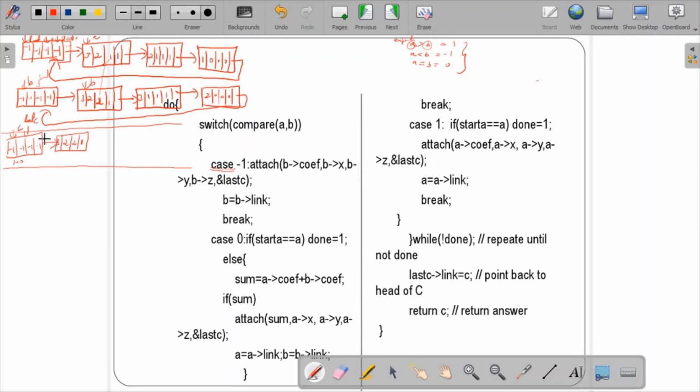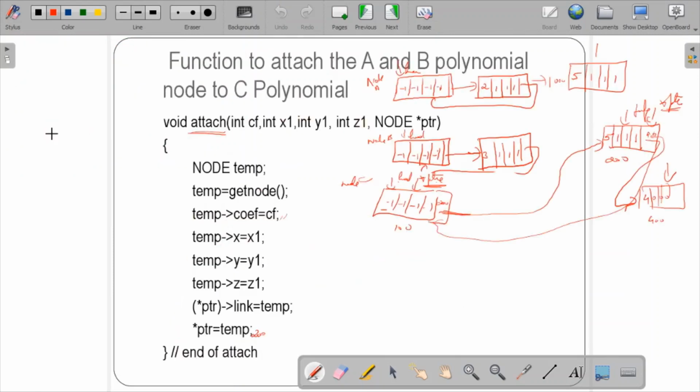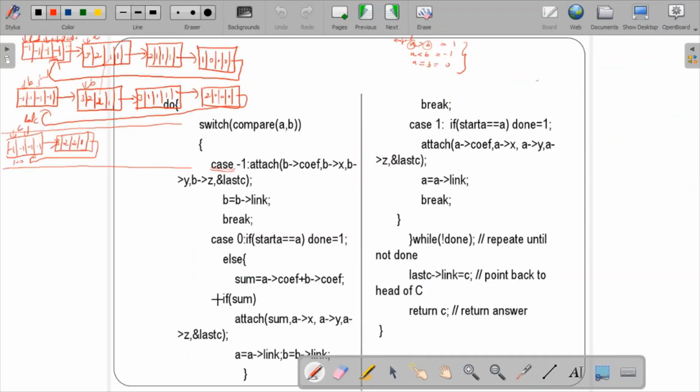While you perform attachment over here, what is actually happening is, initially this was pointing to this itself. If you just remember, here star PTR was there. Instead here we have last C. So last C's link, I'm going to attach this. For example, if this memory address is 200, last C is here 200.